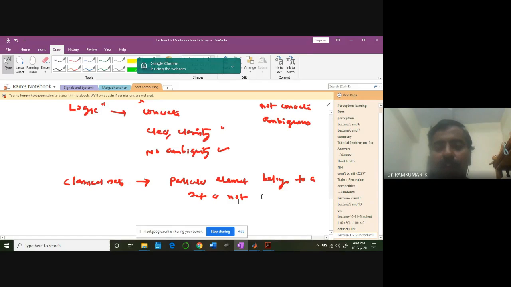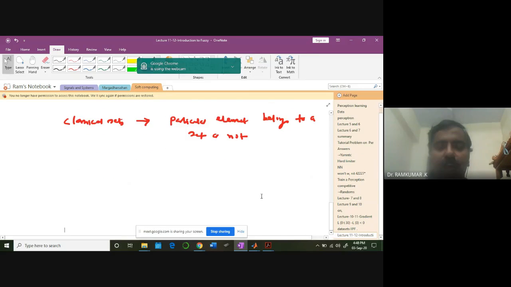So in that case, when you define a set of apples, for example, then it's very clear. Apples will be in a particular set. They belong, all the apples, they belong to a set called apples. So the classical set talks about something more like this. So we are going to talk about people who are all tall, for example, in class.